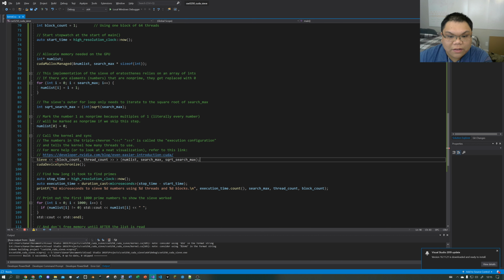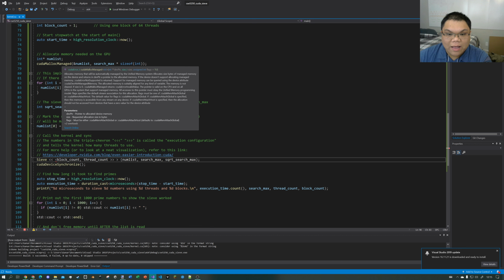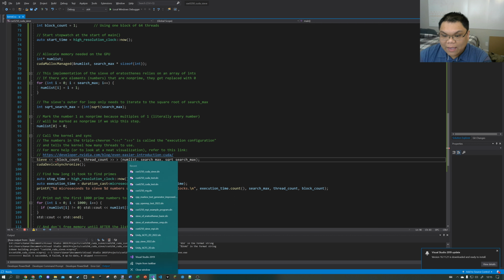You have to call cudaDeviceSynchronize, which waits for the compute device to finish and blocks until the device has completed all preceding tasks. Oh yeah, these functions here can also return error codes, so in case you have something going wrong and you need to debug, you can store error codes in a variable and you can do debugging that way. In fact, if I'm to make a new project